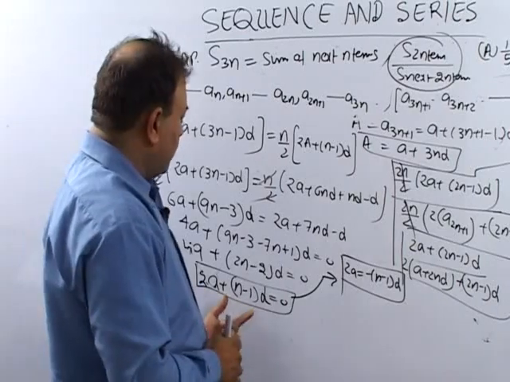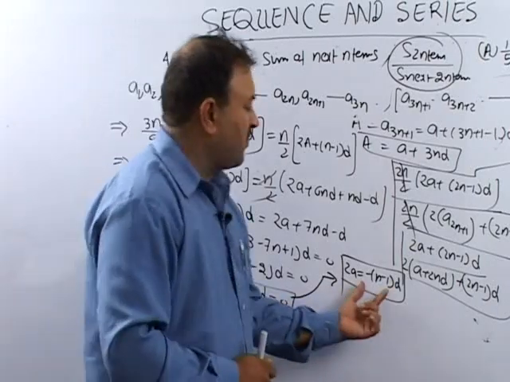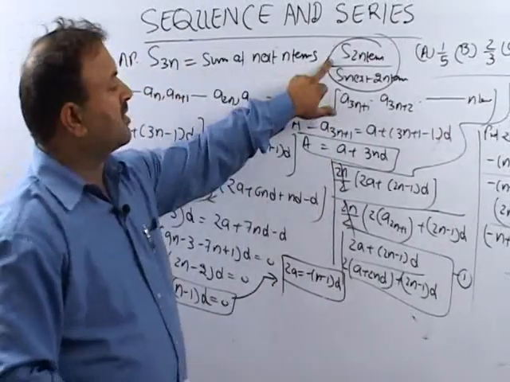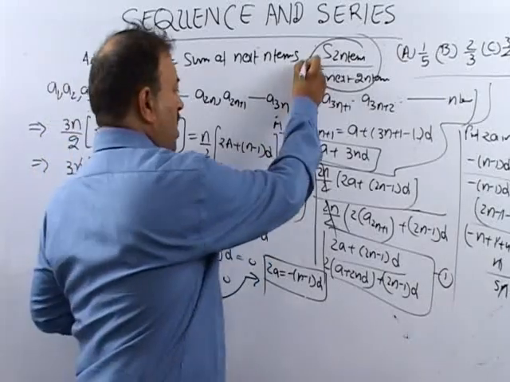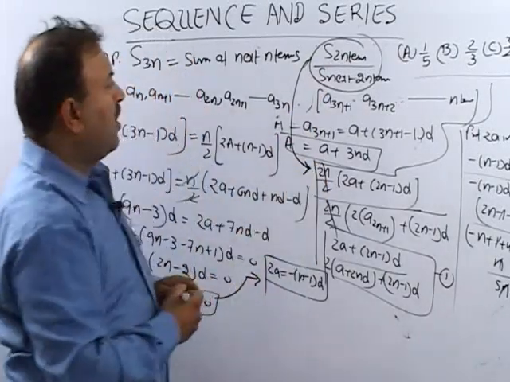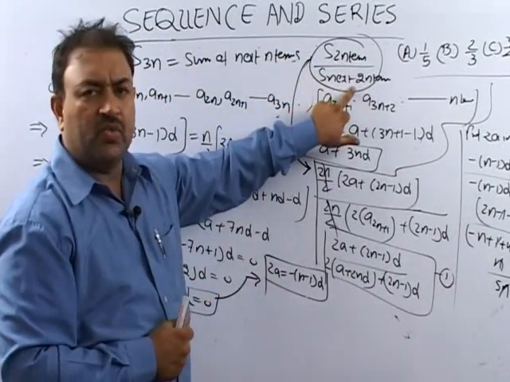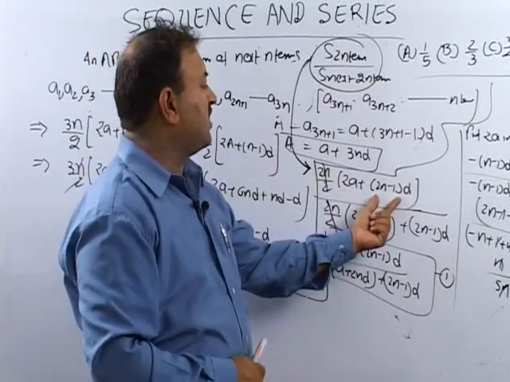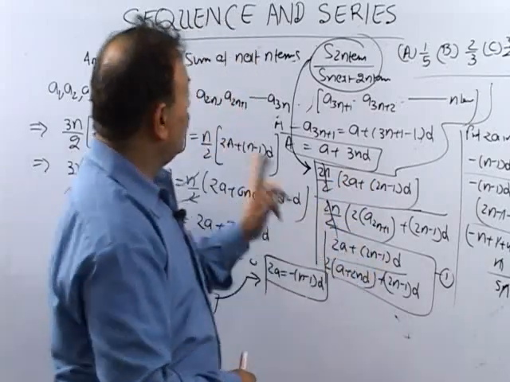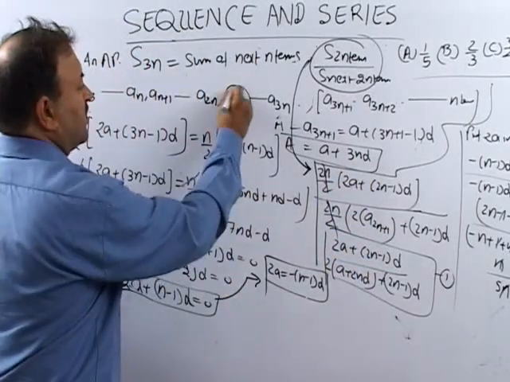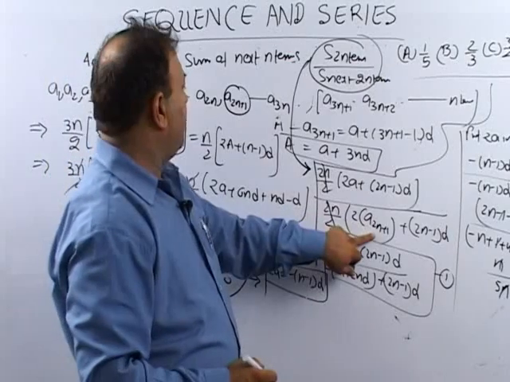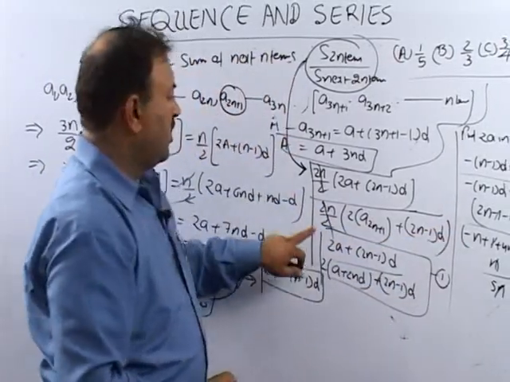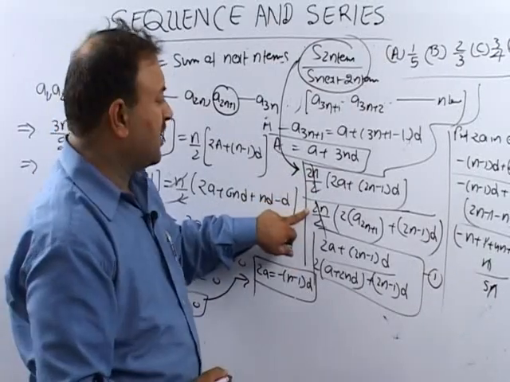Later on, from here we calculate the value of 2a in terms of d. The requirement here is the sum of 2n terms. I take it from here: the sum of 2n terms upon the sum of next 2n terms. That means it is 2n by 2 into 2a plus 2n minus 1. For the next term, after 2n the next term will be the first term. So it is 2 times a2n plus 1 plus 2n minus 1 d, bracket close. Now this 2n by 2 will be cancelled out.